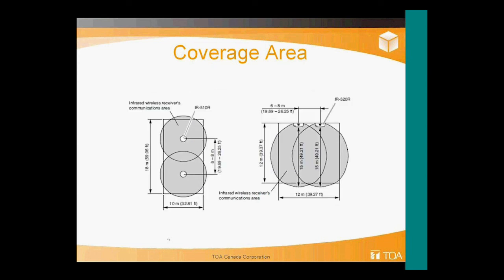Same applies to the wall mount and the ceiling mount unit. So with the ceiling mount unit, put them in the ceiling, you got your roughly 23-foot radius. You might have a bigger room that's, say, 32 by 60. You put two of these units in there. And then, of course, if you go with the other style units, you got, say, a 40 by 40 room. You put two on the wall, fire them across, and get 3